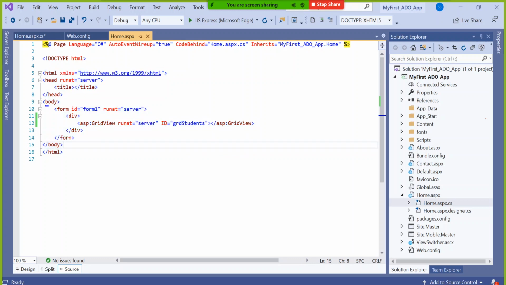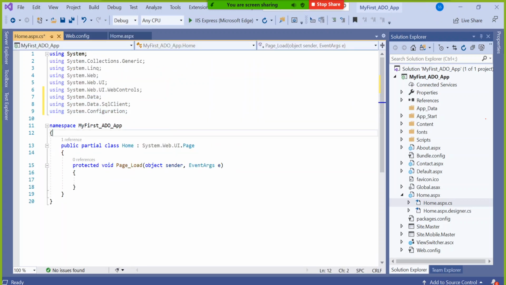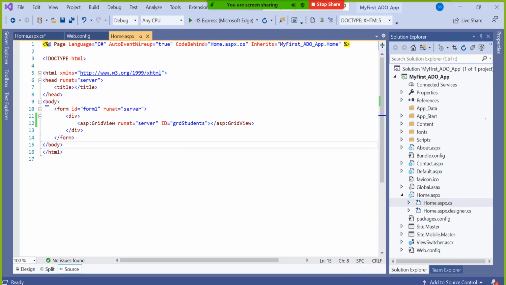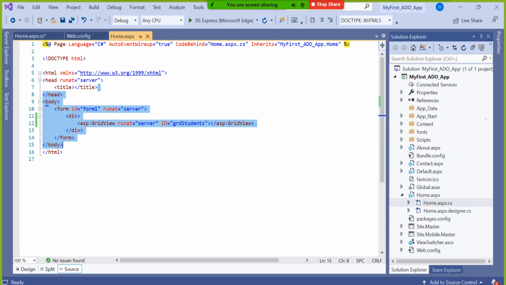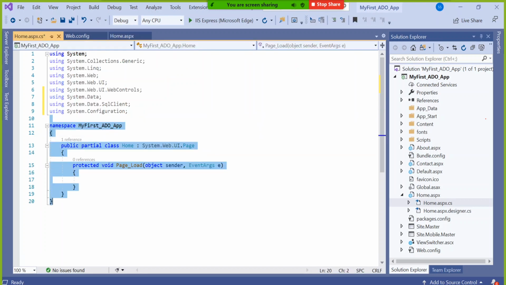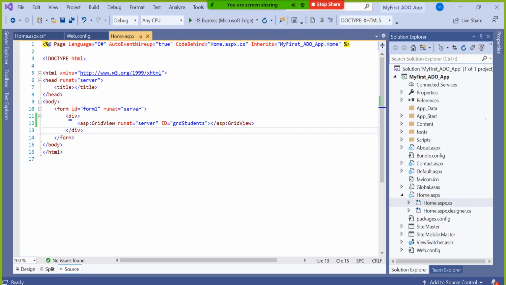There HTML is loosely coupled with .cs. Here HTML is tightly coupled with .cs. That means any design you do here can only be accessed in this page. But they are a little bit different. So that 10% difference is there. We will see it in MVC.